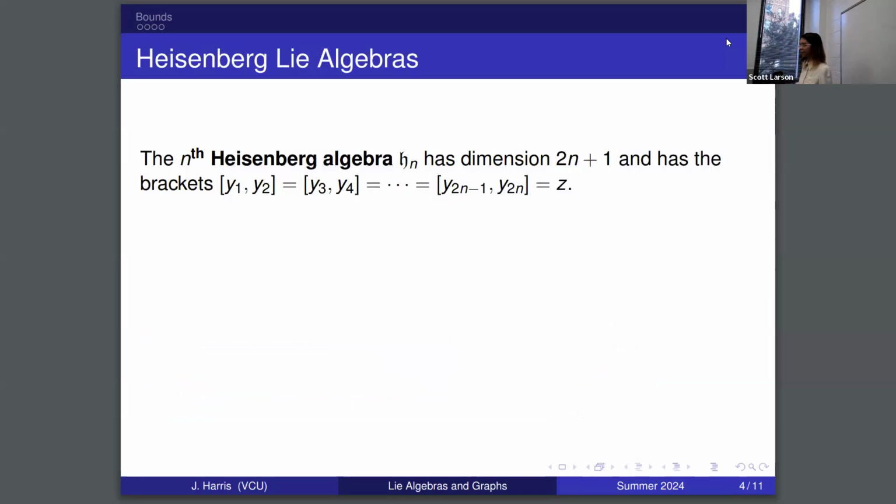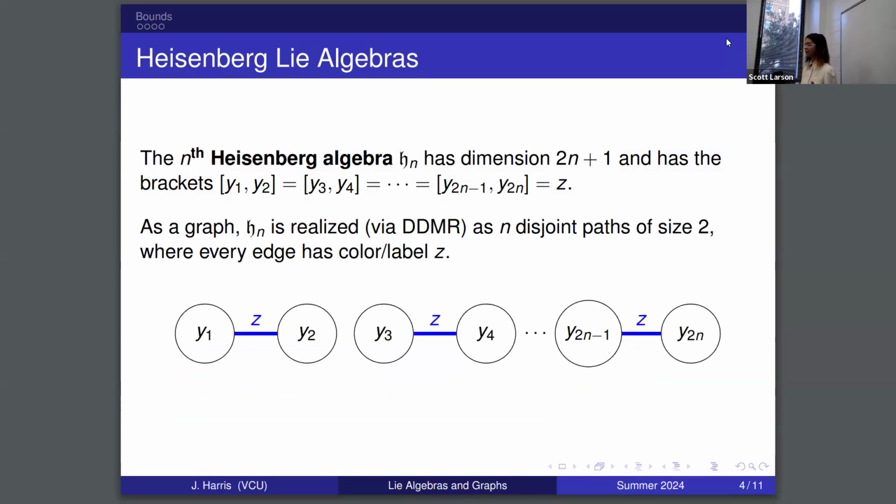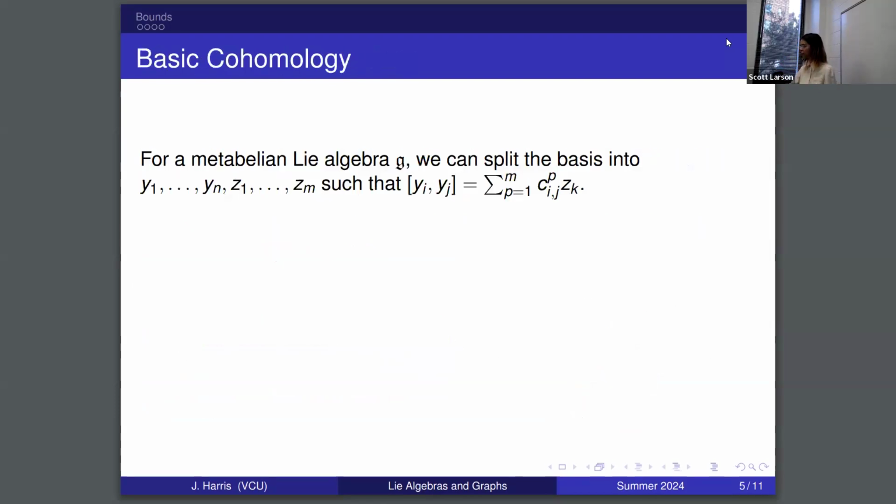So, like I said earlier, Heisenberg Lie algebras were especially of interest to us. Part of the reason why is because they can be pretty easily manifested from the DDMR construction, because you could think of them as n disjoint paths where every single edge is the same color. So something like this would be a way to visualize a Heisenberg Lie algebra outside of the matrix definition that I gave a little while ago. So moving on to something that is